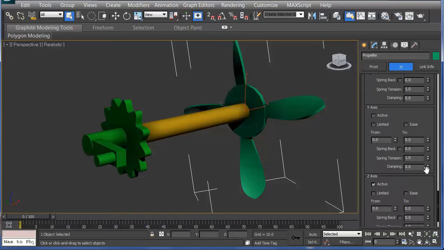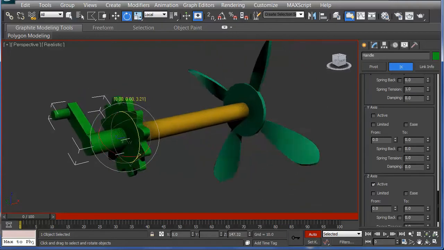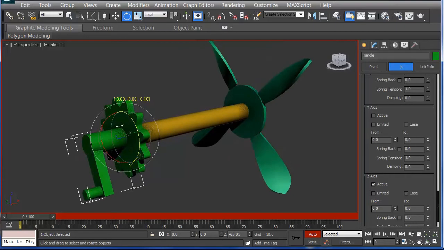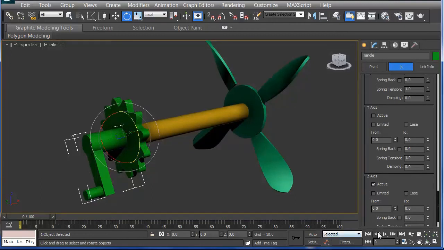So now we go down and we activate the auto key, go ahead and select the handle, type E for the rotation tool, and we'll go ahead and rotate this in the Z axis for about 360 degrees. Now I'm all the way to the top of my window, that's why my propeller's flipping out, and I can't go any higher, so it doesn't make 360 degrees, but I think you understand where I'm going with this. Let's go back to the beginning,